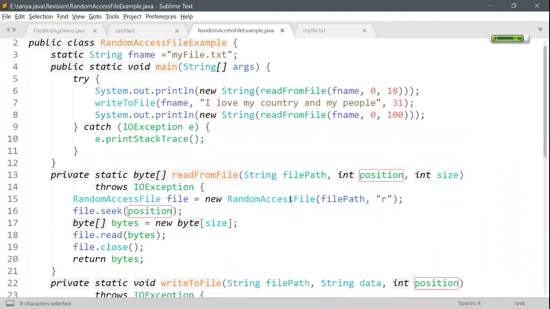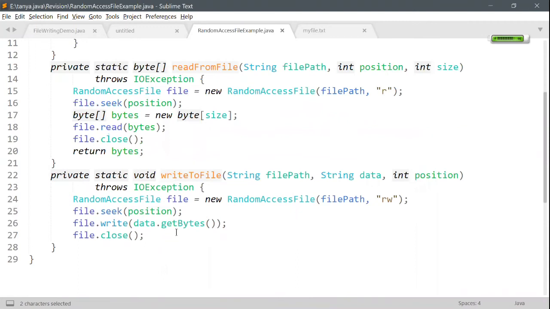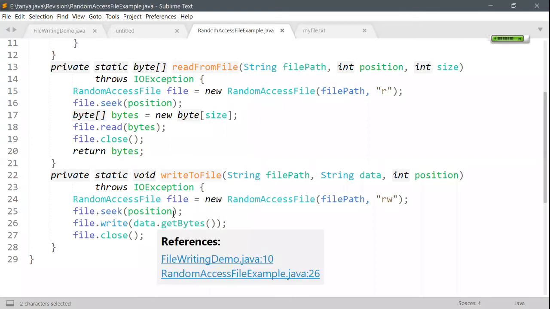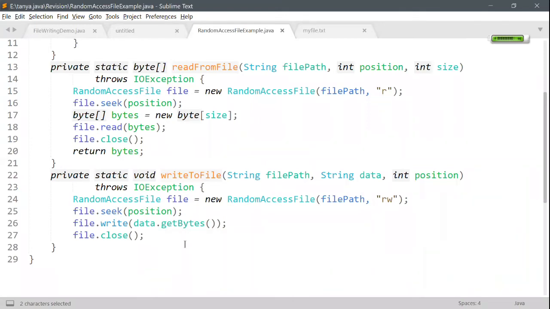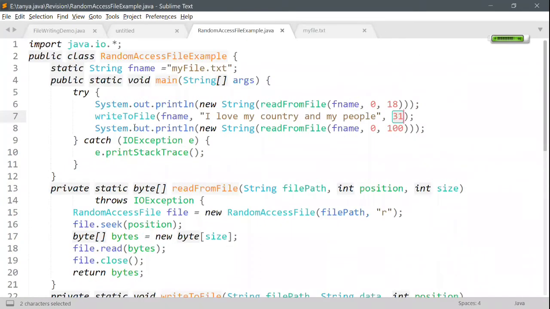Next, it is going to write the data dot getBytes, so it is going to convert the string into bytes and write it into the file. Then it is going to close the file. Later, it is going to